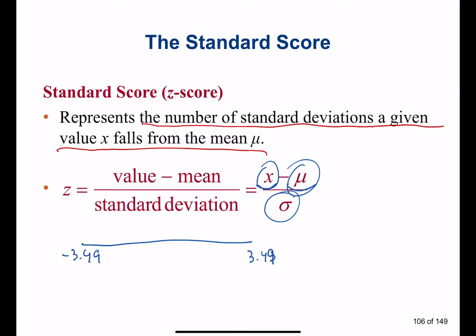Now z-score shows how many standard deviations the element x has drifted away from the average. So the middle is 0, which means it matches your average. Below 0, it's below average. The z-score equals 0 when it's matching the average. Above the mean, above z-score equals 0, it's going to be